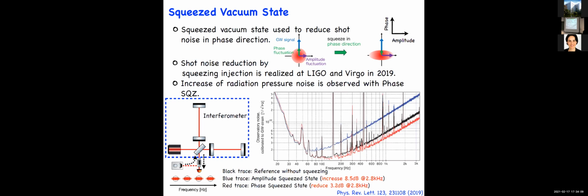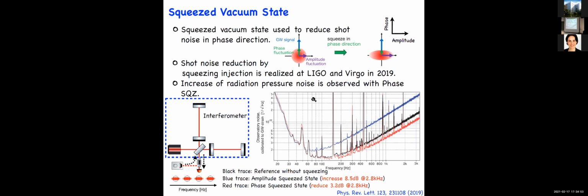In general, in 2019, LIGO and Virgo demonstrated the noise reduction by the squeezed phase squeezing. The results are shown in this picture as this red curve here. This black curve is a reference without squeezing. The squeezing can improve the sensitivity in the high frequency range, you can see here. But in low frequency, we can see the sensitivity becomes worse because of the radiation pressure